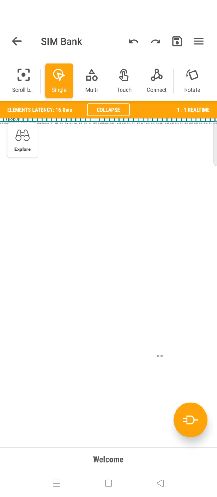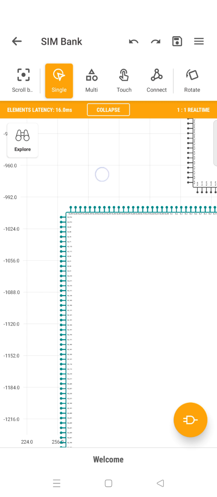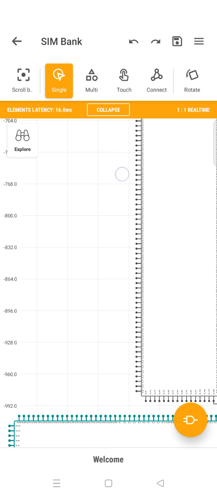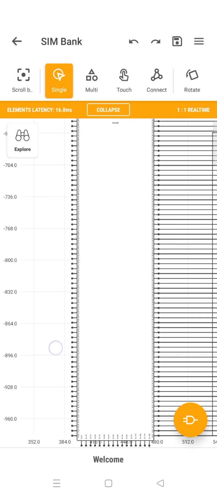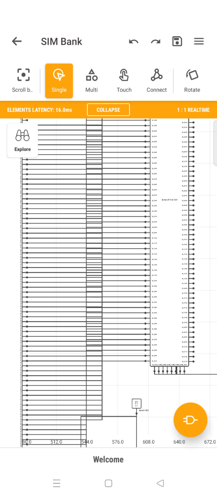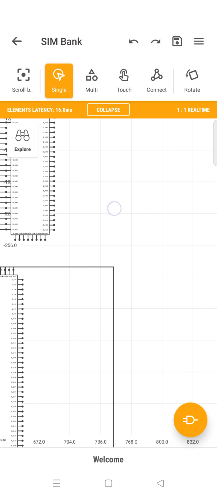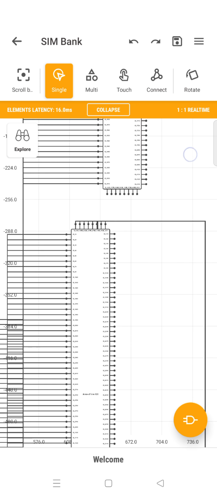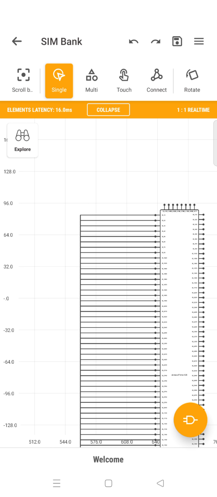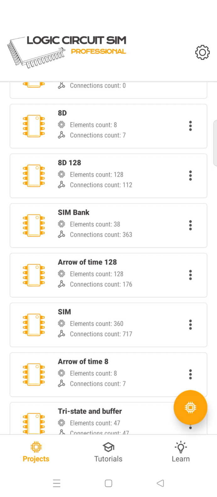So this chip has about 256 computing power, and has the entire set of the 256-bit computer chip. Okay, this is the basic thing, how it looks like. And inside, this is the kind of connection that is given there. It has 2 parts: one is a 128 part and another one is a 128 part, and these things are connected through what are called link elements. This is the first batch of connecting circuitry, the second bank of connecting circuitry, and that is how things are connected. Okay, so this is the SIM bank, and you can connect all the things.